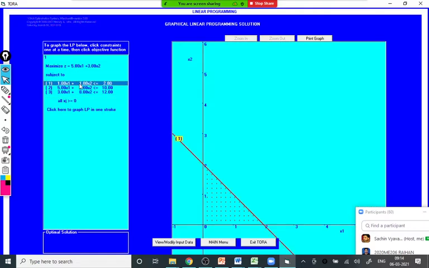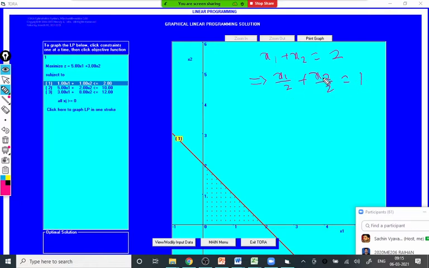When you plot the first constraint, the region will be this triangle. This is the constraint which we draw, x1 plus x2 is equal to 2. There is another way you can remember. Whenever you want a graphical method and you want the points of intersection on the x and y axes, the first constraint given is x1 plus x2 is equal to 2. You can convert that into the form x1 upon 2 plus x2 upon 2 is equal to 1.